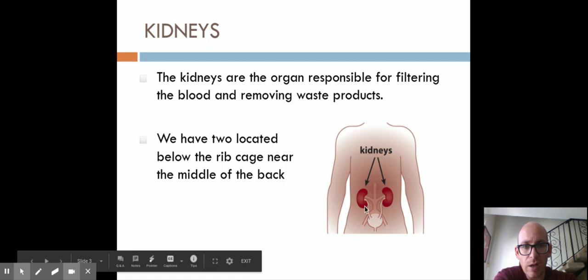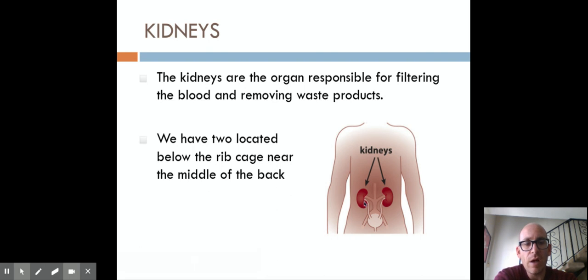Okay, we have two kidneys, one, two, and they are located at the lower back, towards the posterior of the body. They don't sit underneath your abdominals; they are right at the back. Now we have two just in case one doesn't work anymore. Kidneys can be donated by a live donor, and some people do that. They end up donating a kidney to a loved one to keep them alive, and they're able to function with one kidney.